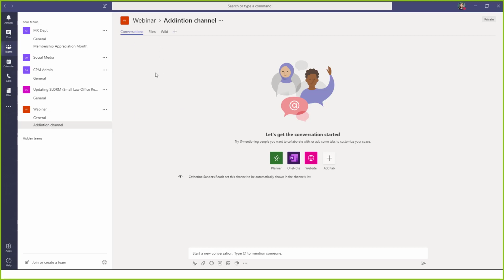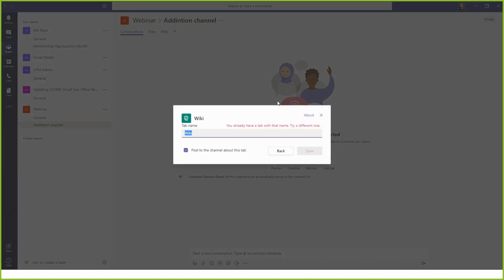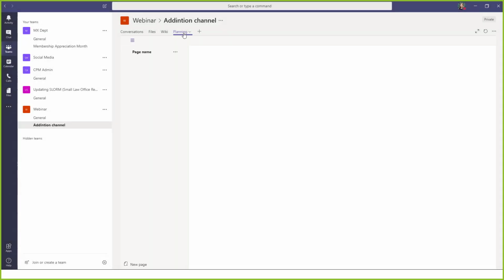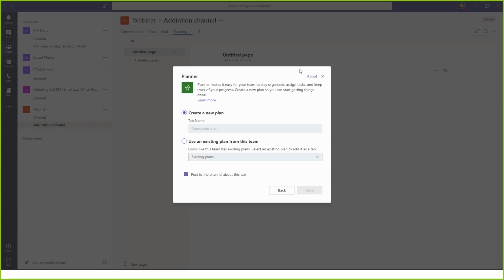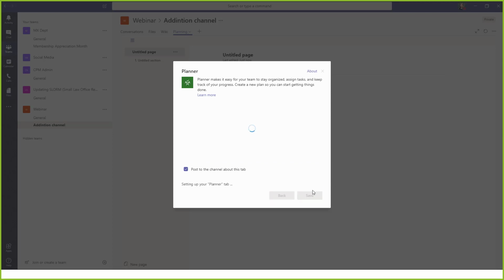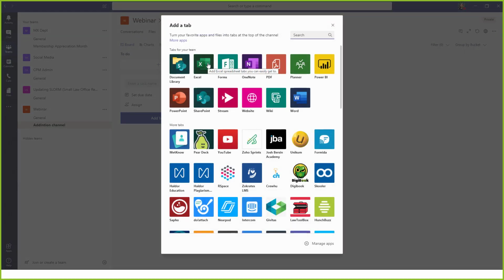How you add these things is in your channel, you go and click on this plus button and add a tab. So if I wanted to add a wiki tab and call it, and save it, then there it appears. If I wanted to add a planner and create a new plan and call it, and save it, and it adds that. So as you click on this button to add more things, you can add Excel spreadsheets,